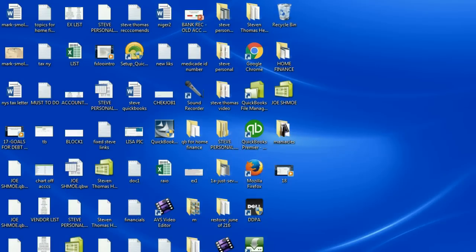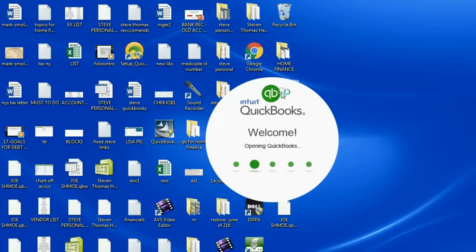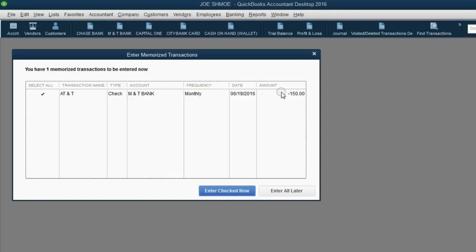I will close the QuickBooks file, and I will wait a moment. Now I will reopen the QuickBooks file, and you will see as soon as the file is open, we will get a message telling us, aha! QuickBooks has automatically entered this memorized transaction,